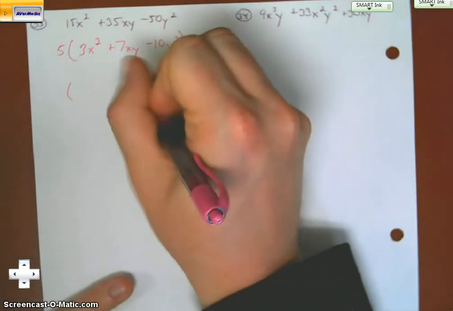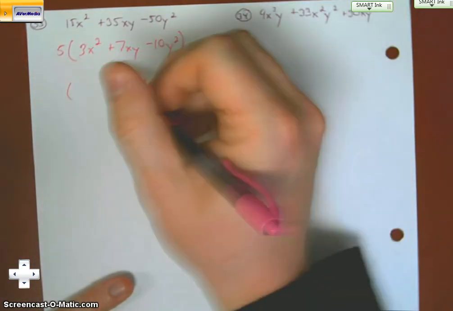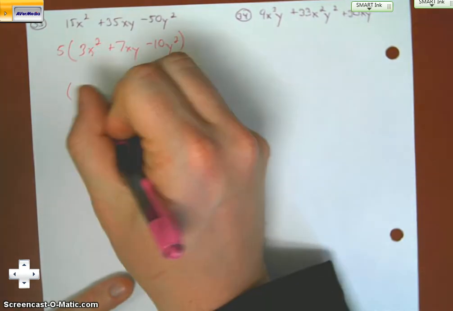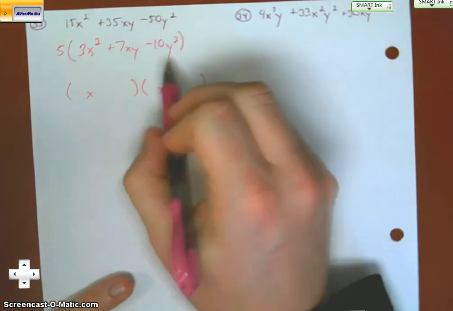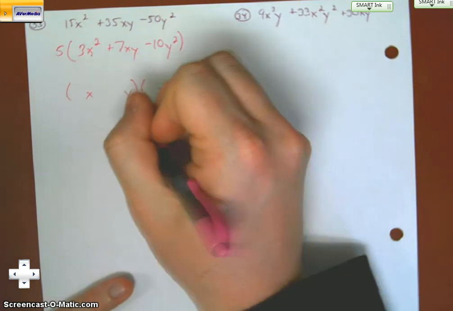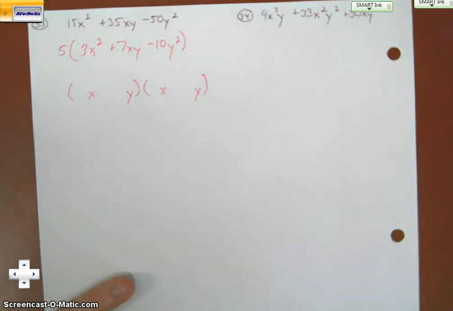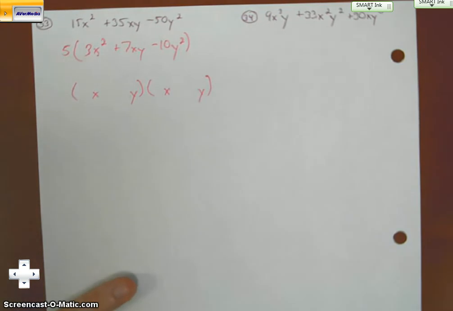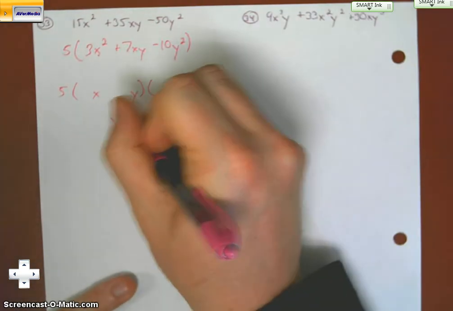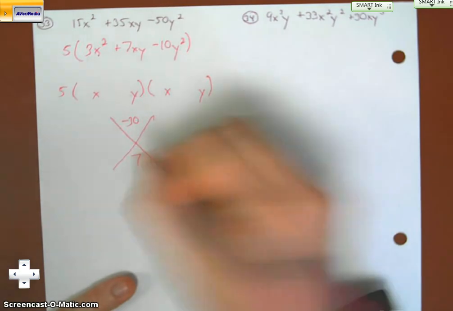So, what needs to be in the F spot to get the x squared? Well, it needs an x and an x. What needs to be in the L spot to make the y squared? A y and a y. Now we just need to figure out what we're going to pair them up with. Well, we're going to do -30 and 7,